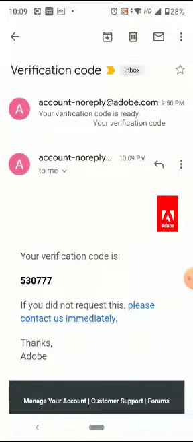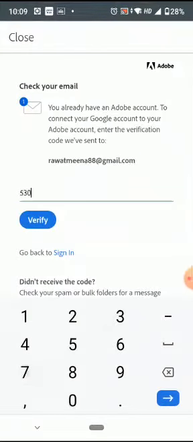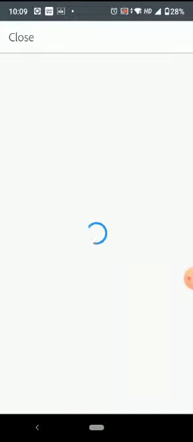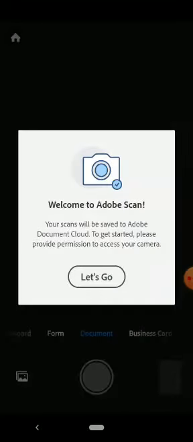And here I have got this verification code, that is 530777. And I entered this code. Done. And then this screen is ready.